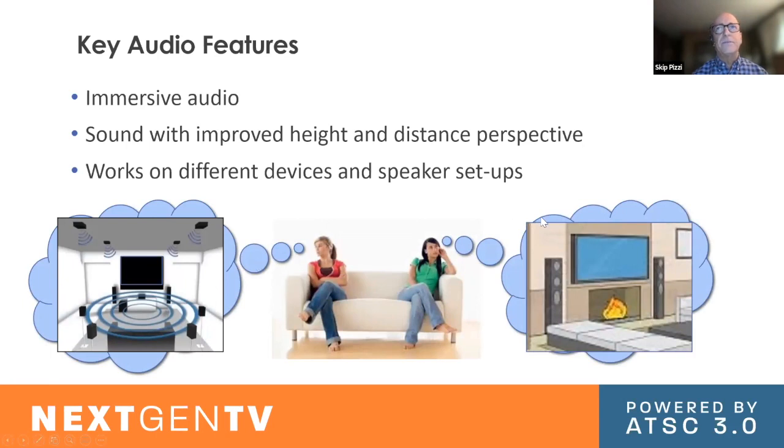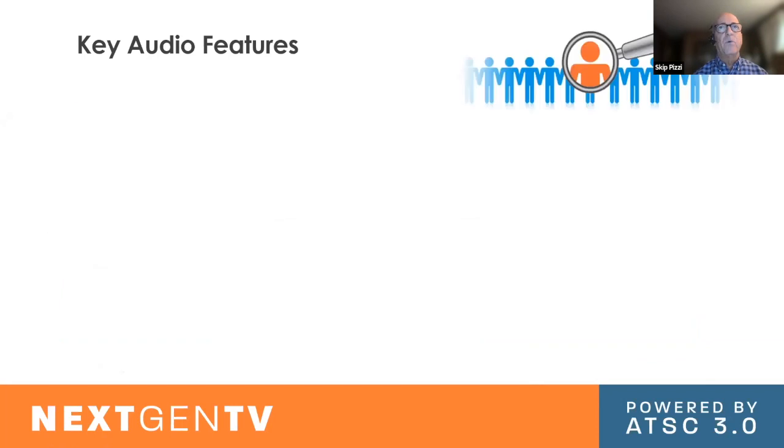Both of these systems allow you to have either a lot of discrete speakers set up, like a big home theater, including height signals, versus something that's built in more to a soundbar idea, or just a couple of speakers, or maybe some up-firing speakers that bounce off the ceiling for the height. So lots of options there, and the system will essentially adapt to whatever the user has set up and give